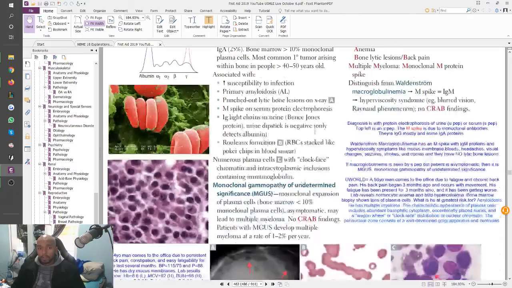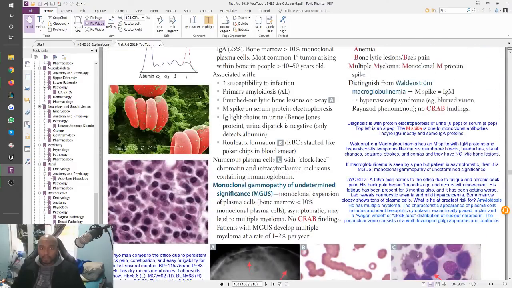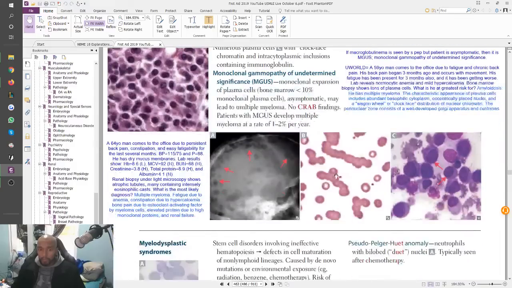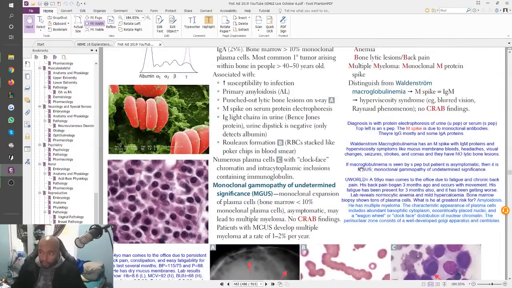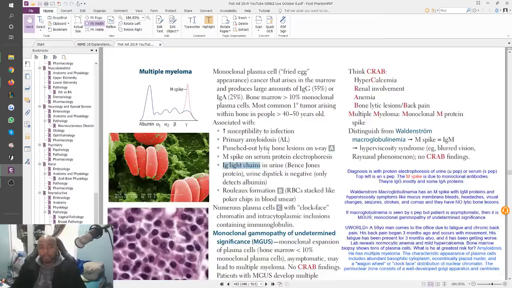Okay. So her case scenario in this patient is just about amyloid, which really isn't something that's shown here, right? They don't show you an amyloid biopsy, so that's a good picture to pick to test someone on. But you should know what are all the things you see. You're going to see primary amyloidosis. You're going to see the Ig light chains in urine, also called Bence Jones proteins. So be very careful. Sometimes they ask questions about multiple myeloma where they're going to be like, we did a urinalysis, what are you going to find? And then the first answer choice A is going to be the IgG gamma, and you fall for it.